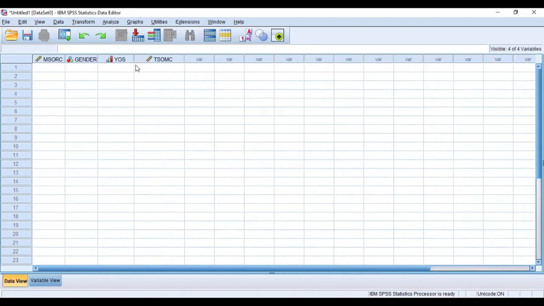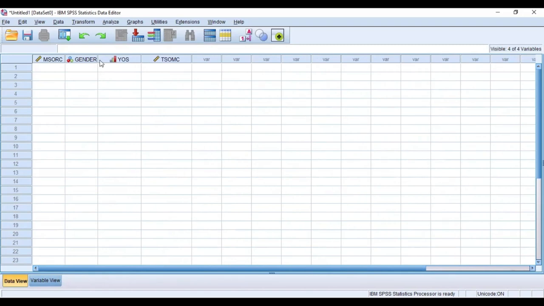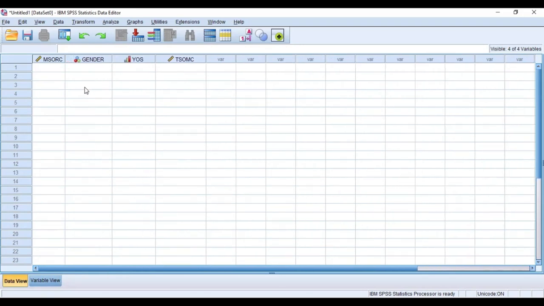When you switch over, you see that your variables become the titles of the columns, and you can now put in your numbers. I'm going to copy the data from my Excel file. I'm going to copy it. Let me open my